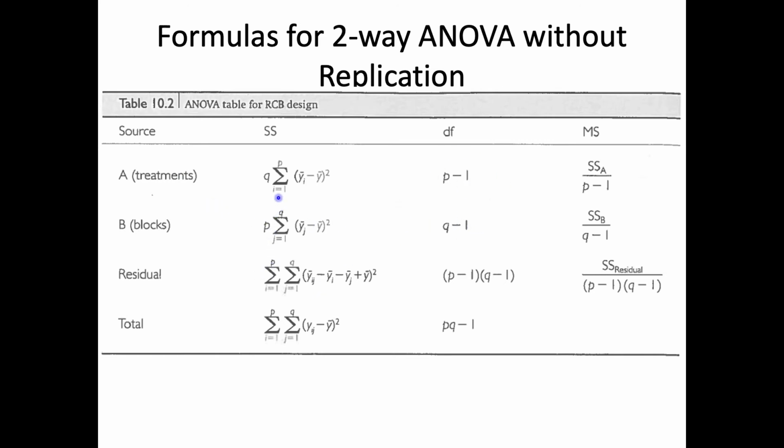And then the residual term is easiest to calculate once again by calculating the total sums of squares and then subtracting from that the block effect and the treatment effect. But here's the equation if you want to try and do it in another way. In this case, the total sums of squares is each of the individual values regardless of treatment and block minus the grand mean squared, added across all treatments and added across all blocks. And once again, the total sample size minus 1 is the degrees of freedom.